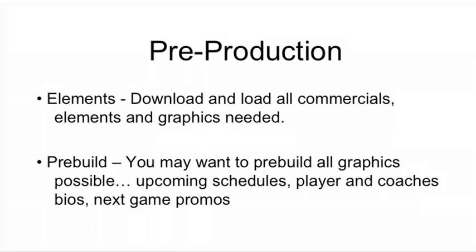So bios, coaches: on your coach's graphic, you can do their record. If you don't have enough time, you can talk about how long they've been there. There's lots of information that doesn't change that you can have pre-built,